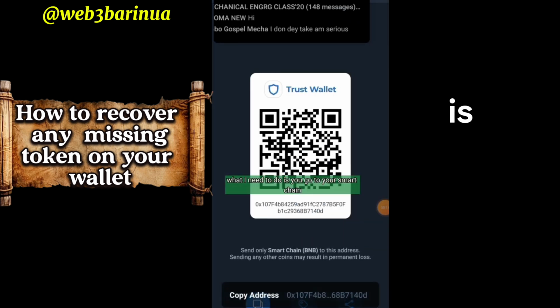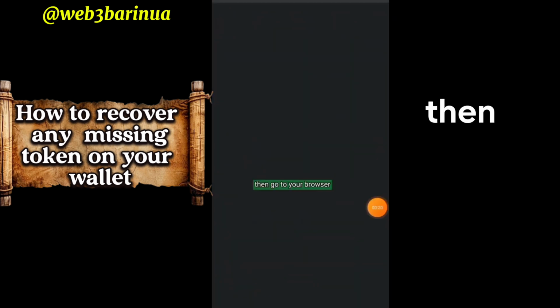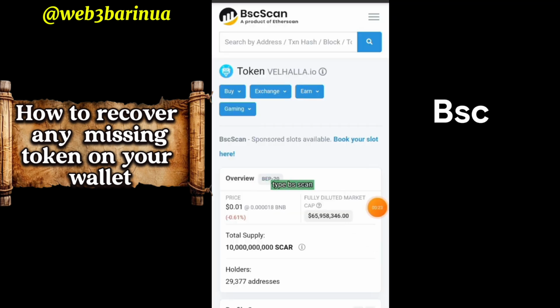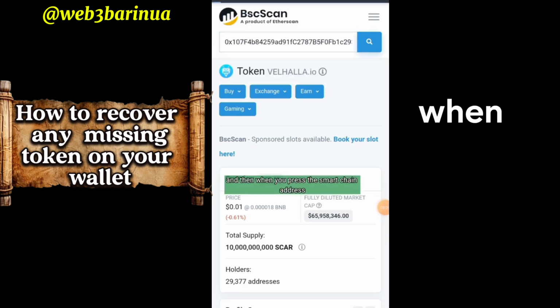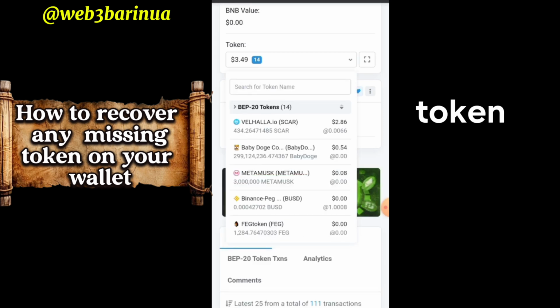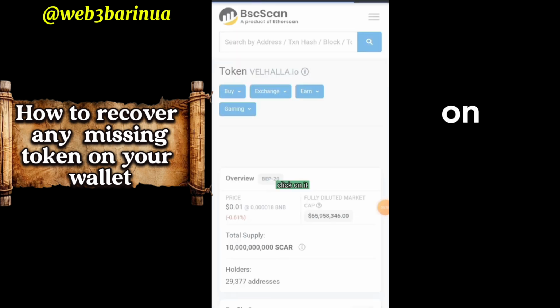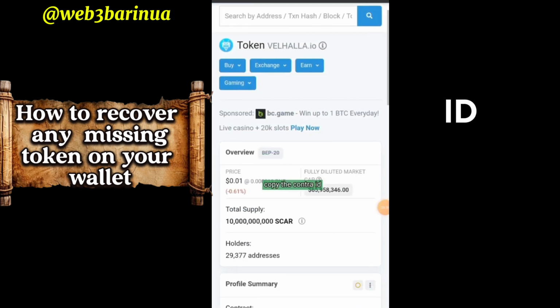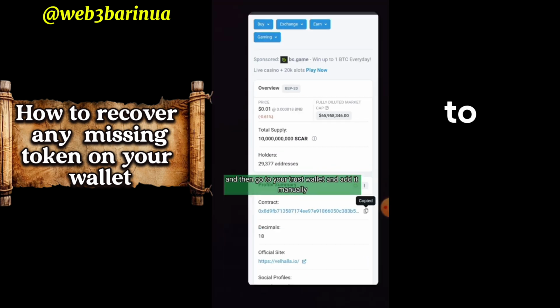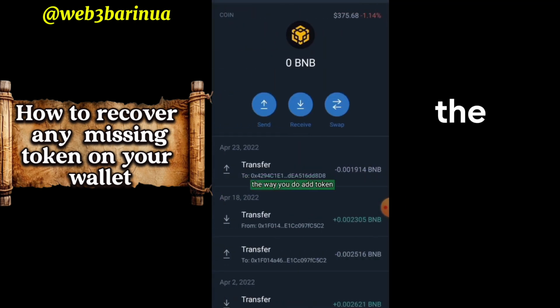What I need to do is go to your smart chain, copy the smart chain address, then go to your browser, type BscScan, paste the smart chain address, and then scroll all the way down to where you see token, click on it. You see the token you're looking for in the list of the tokens on the wallet address. Click on it, copy the contract ID,